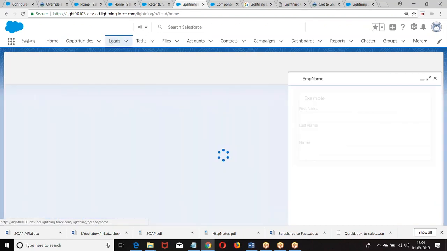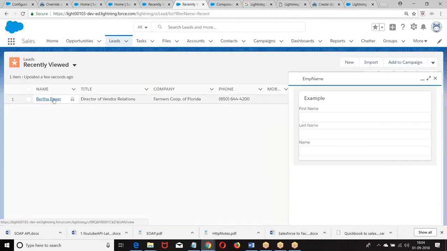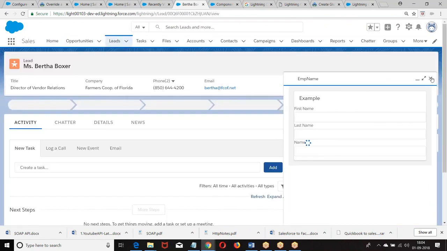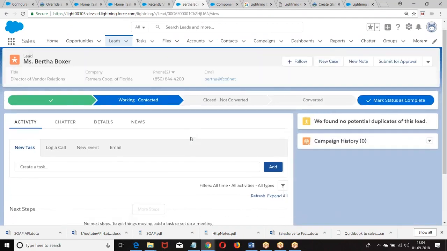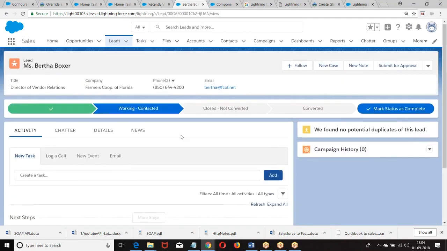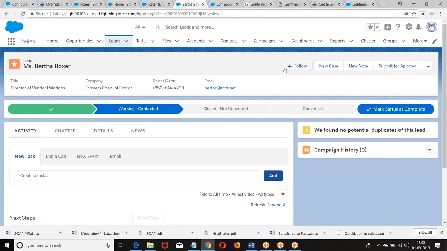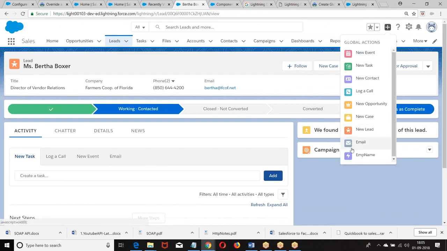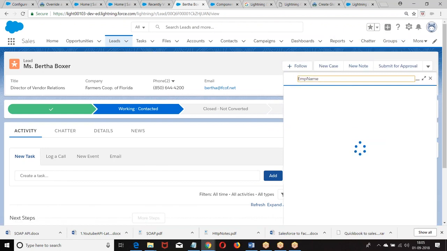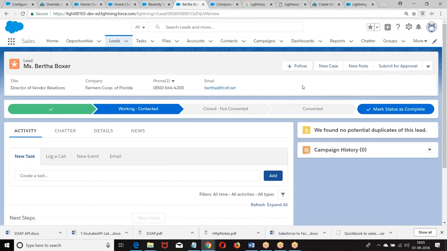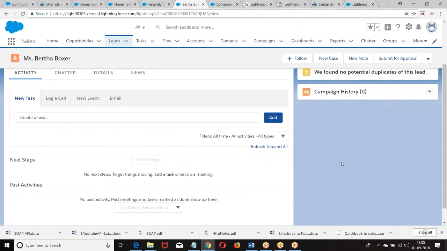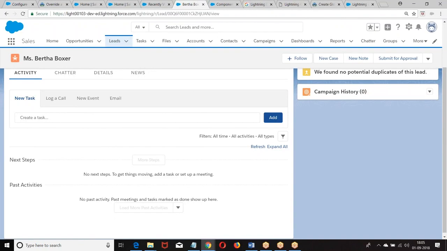But what we can do, go to the lead, go to the record. So where are those global actions here? Fine, it's not getting applied here. Look, not an issue. We'll come back here. So what we have done in this case is created a quick action. Now I hope you followed what is the difference between an object specific action and a global action. Okay, let me give a quick theoretical explanation here.